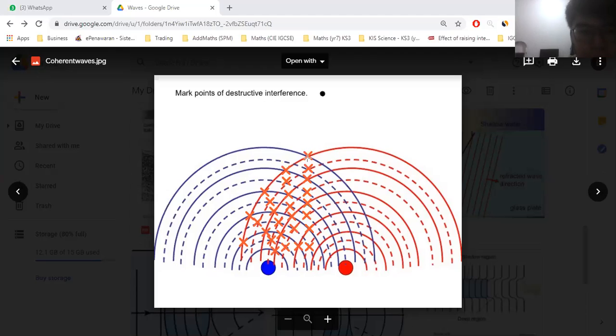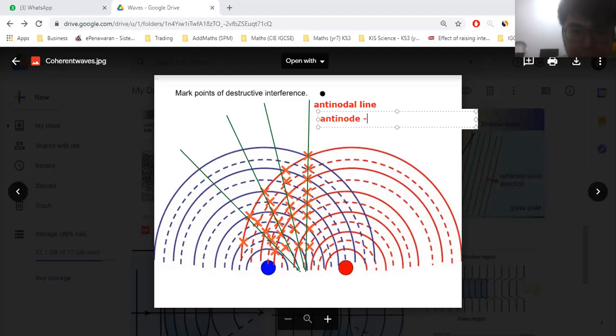Too much. Okay, so the point is that when you mark all the points, you connect it with a line. 你用一条线来 join 它。This is what we call the anti-nodal line. Anti-nodal line 是一个 line 它 join 全部那种 anti-node。Okay? Again, anti-node 是什么？constructive 的。Anti-nodal line 是 join 全部 anti-node。